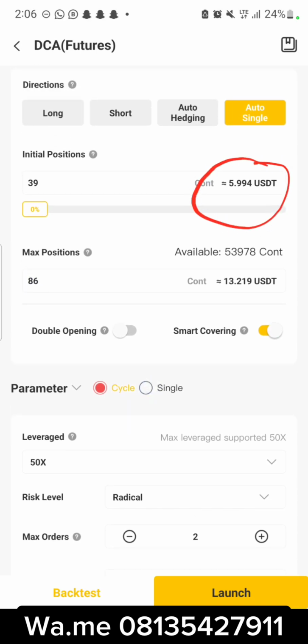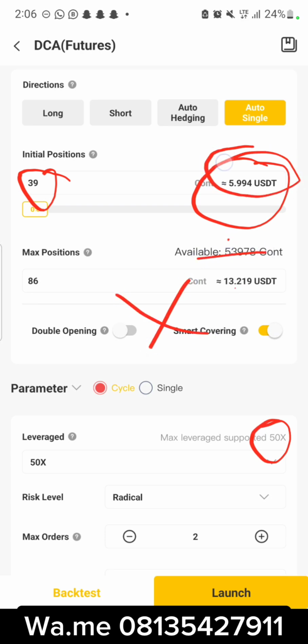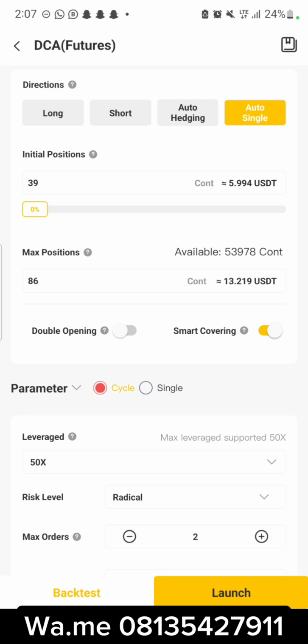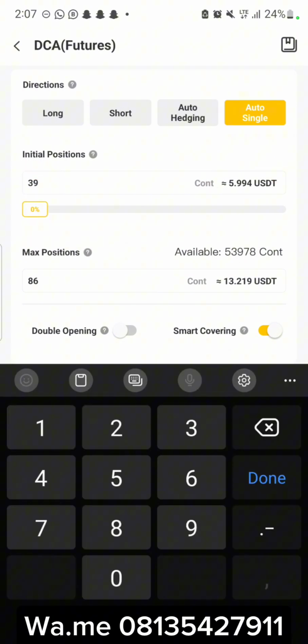I have 2 formulas we use here, which is initial position times leverage divided by count, this count here. But another simplest way, instead of stressing your head by doing all this calculation, is this. Come here, either you draw this arrow to look for, make sure you get 50 point something here, or you edit this one to make sure you get 50. Now this is it, just get 50 here. Let's put 50 here, it gives us 7.